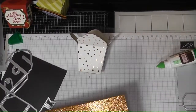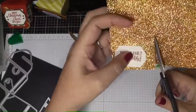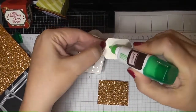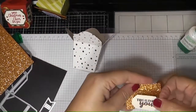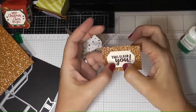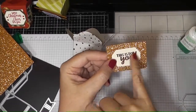And what I'm going to do is I'm just going to get my scissors, and I'm going to lay it on here and just cut a square out. And I am going to take the back, and since it is glimmer paper and it's sparkly, I definitely have to use glue on this, and I'm just going to lay it on here and give it just a second to dry. It won't take long. And what I did on this one is I embossed it with our Versamark, and then sprinkled on our copper embossing powder and heat set it